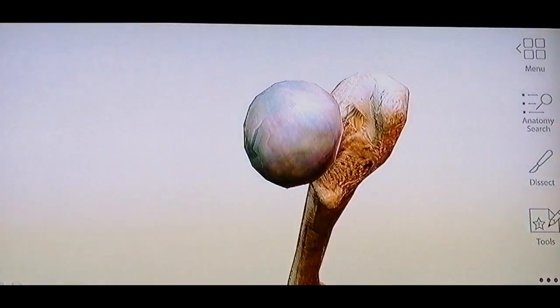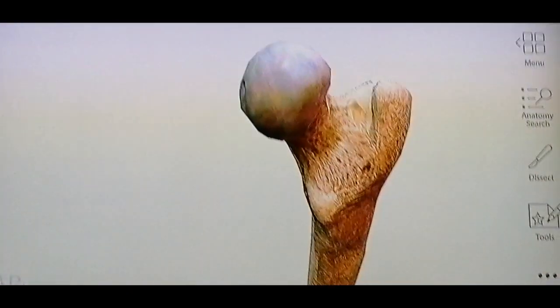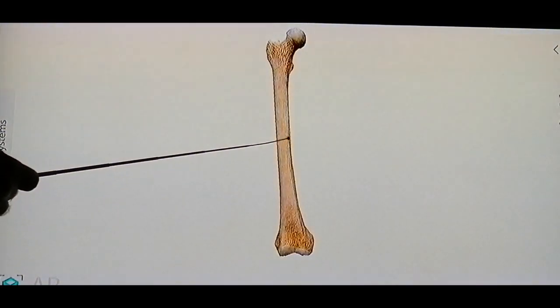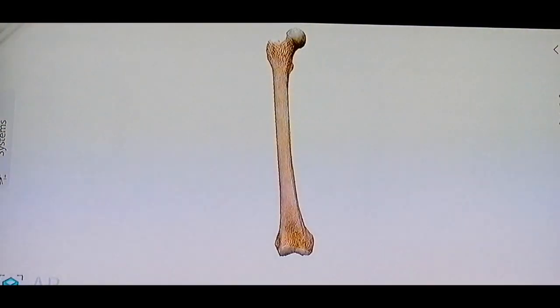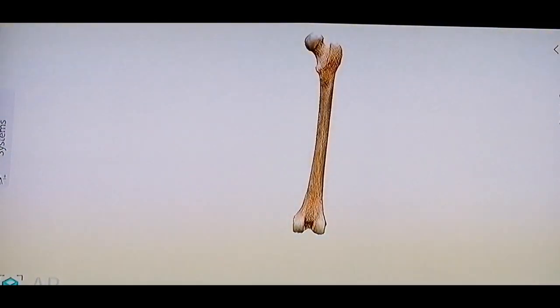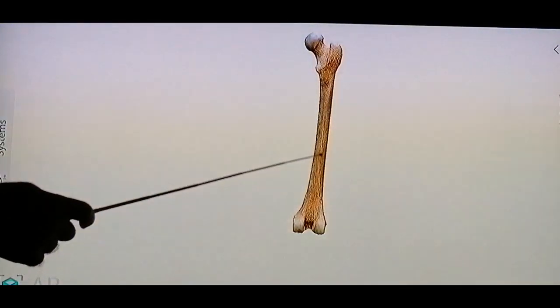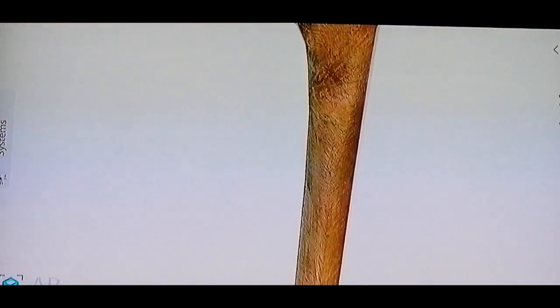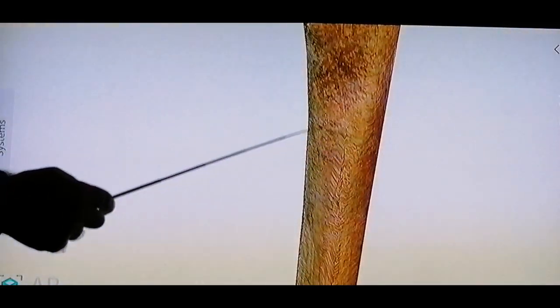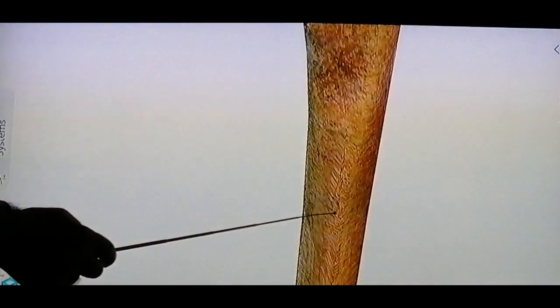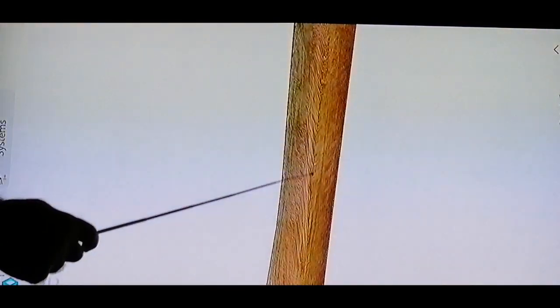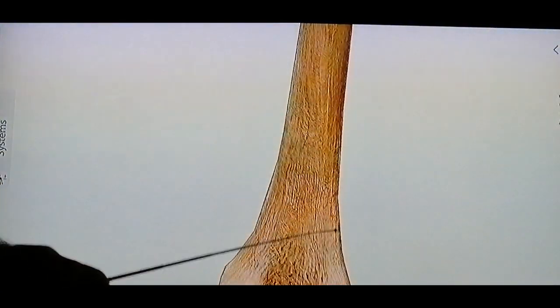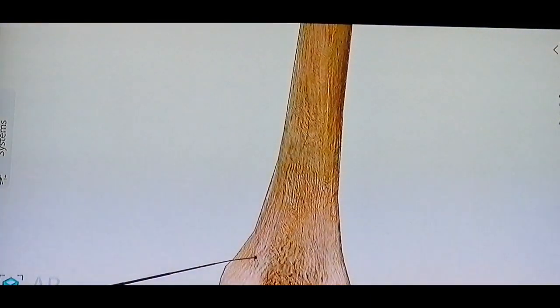Now I am talking about the shaft. The shaft is smooth and convex anteriorly, while posteriorly there is a line along the long axis called the linea aspera. The linea aspera starts superiorly from the lateral and medial lips, which diffuse to form the linea aspera, and the linea aspera passes inferiorly. This is the linea aspera, and it bifurcates inferiorly